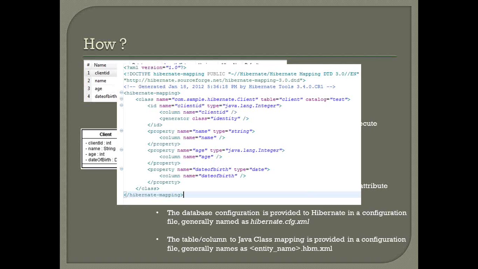The next snippet coming up on your screen is the mapping file. Let's go through what the mapping file tells Hibernate. The crux here is you're specifying a fully qualified class name. That is the name of your POJO, the class which you created, which holds attributes corresponding to your database table. Here you have mentioned which table this particular class corresponds to. So here we have table equal to client, and catalog is the name of your schema in the database.